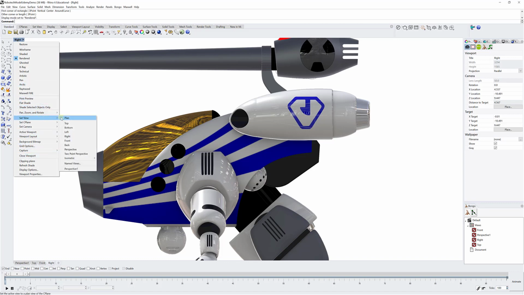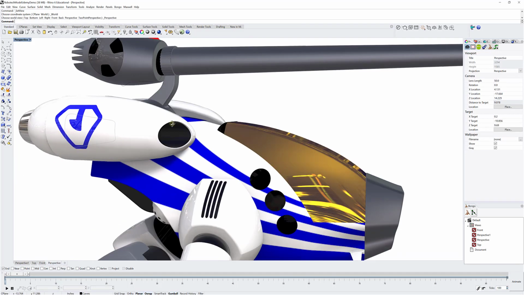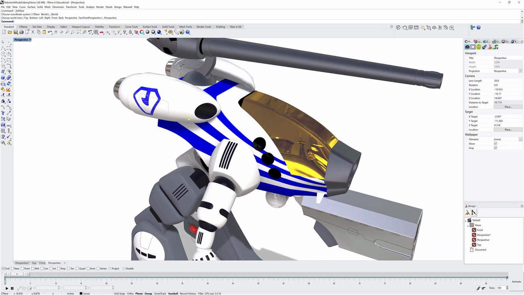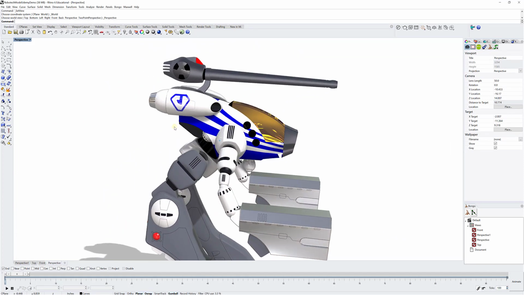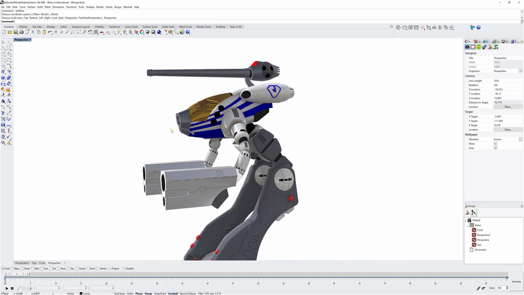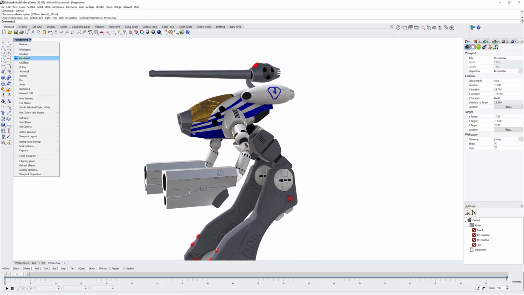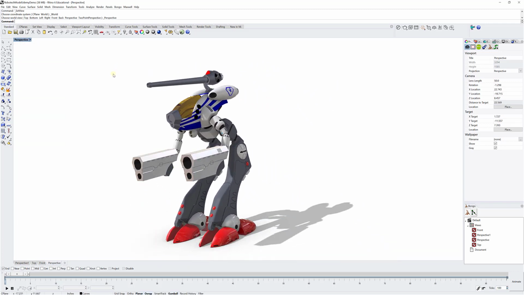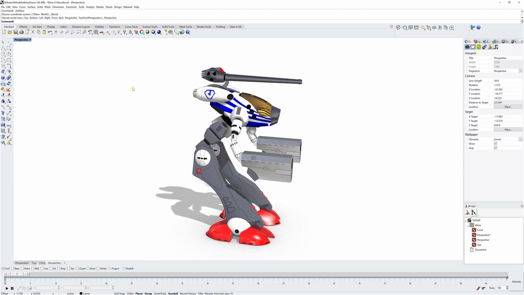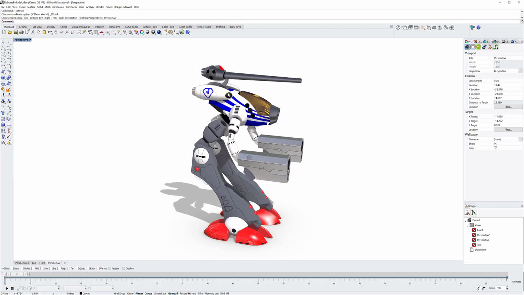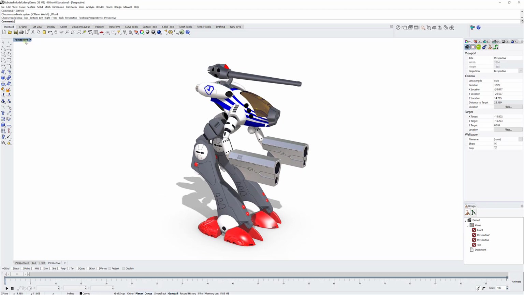Set view, perspective, there you go. Okay, so simple as that. This is the decal function. Now I'm working in the rendered mode, by the way, but there are also other options for those of you who are interested. Personally, I really like how it shows the materials in this rendered mode, but you also have